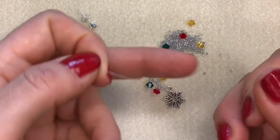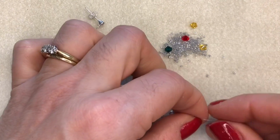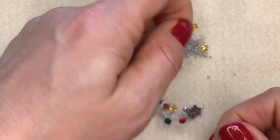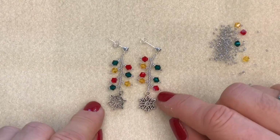So I'm just tying a regular knot there. And then I'm going to tie a double knot like so. Pull that tight. Okay, so I've knotted off my thread and trimmed off the tails, and there are my pretty fairy lights earrings,